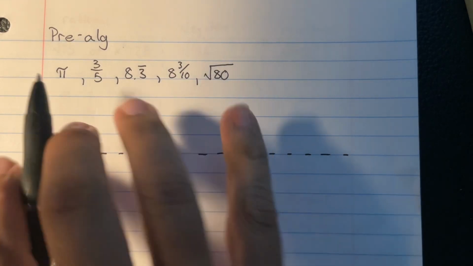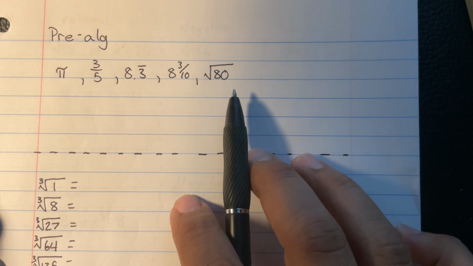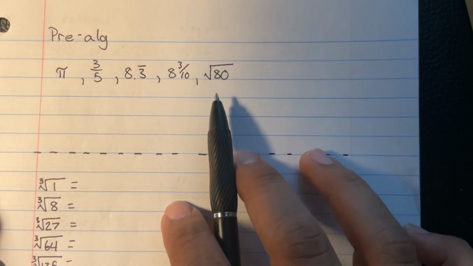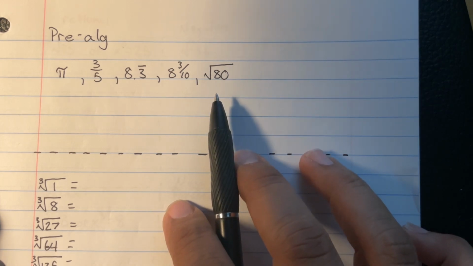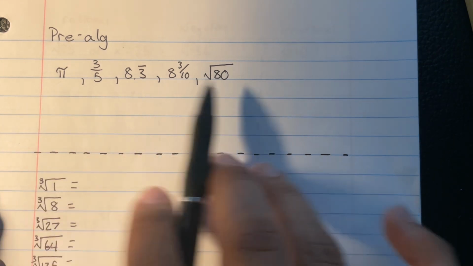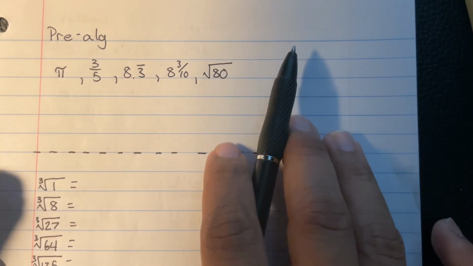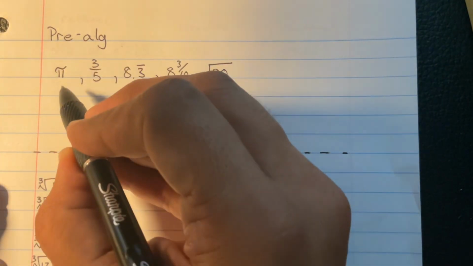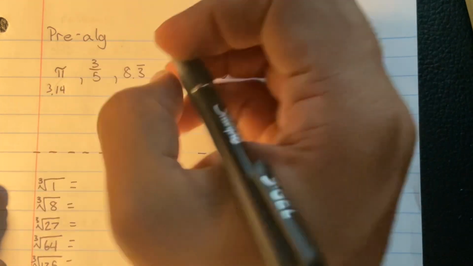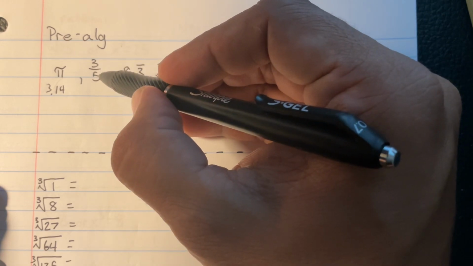All right. So first we're going to start with changing all of these into regular decimal points, rounding to the 10th for this one, and then we're going to figure out which one goes in order. So we're going from smallest to largest. So pi is always going to be 3.14. Okay? Here, if you divide 3 divided by 5, you're going to get